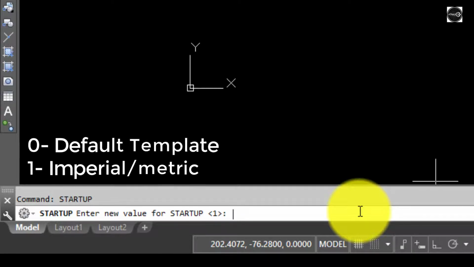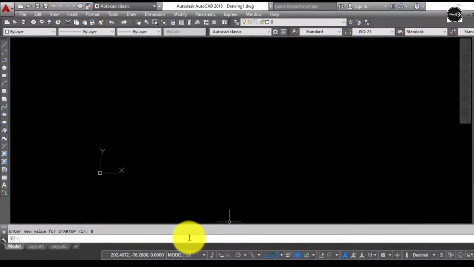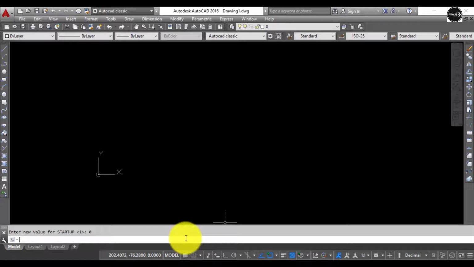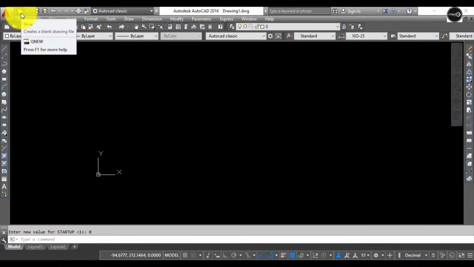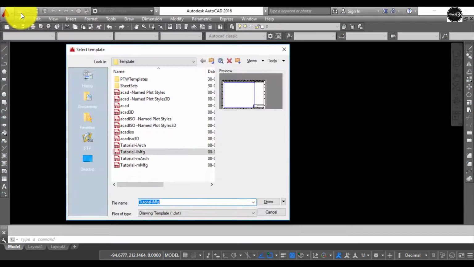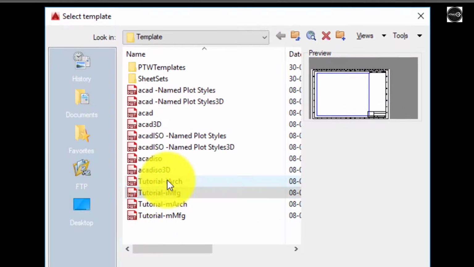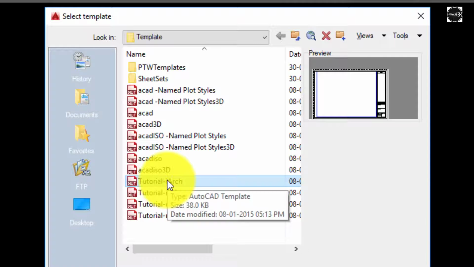Suppose I am giving 0 as the value and I press enter. Now to see the effect, I will click on the new dialog box on the top. As I click on a new drawing, you can see a Select Template dialog box pop up on your screen. These are nothing but the default templates which are stored in AutoCAD.